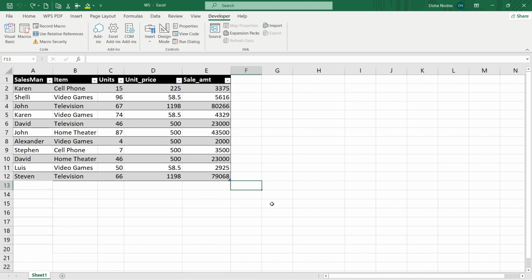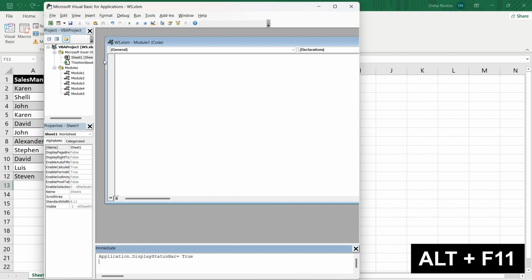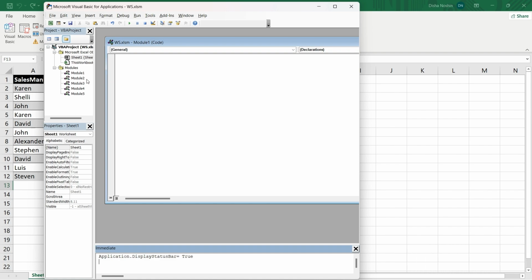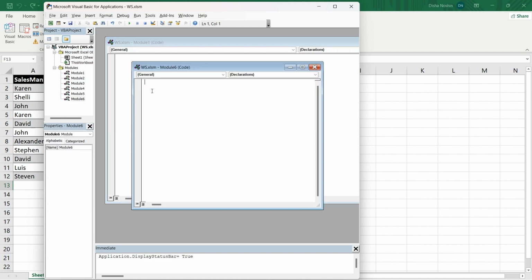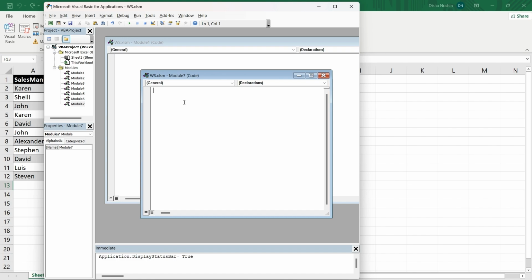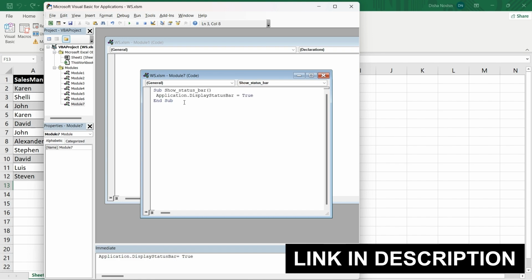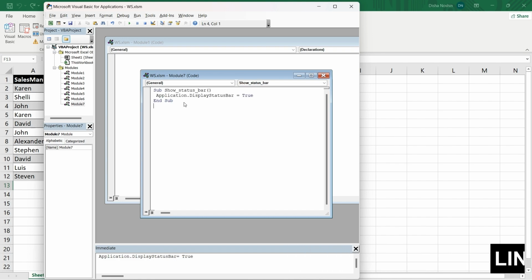Now you can also create a macro to show the status bar. For that, open the Visual Basic window by pressing Alt F11. We'll have to create another module for showing the status bar. Right click on this worksheet and from the dropdown, click on Insert and Module. Now copy the code for showing the status bar given in the link in the description box and press enter. Close the window